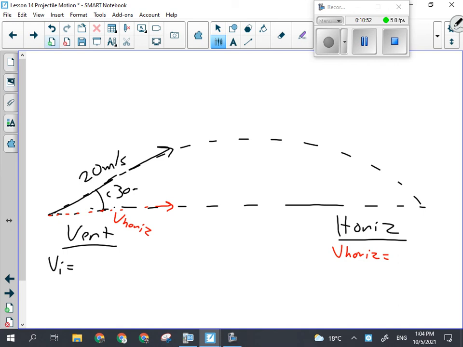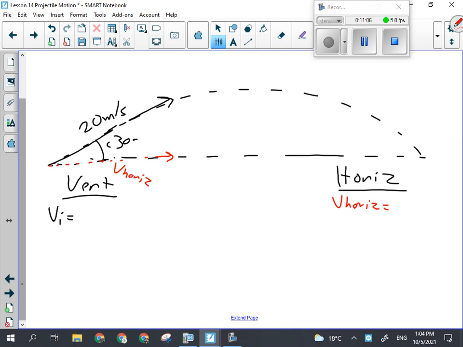This is the adjacent side, so I would calculate it using cos, because cos uses the hypotenuse and the adjacent side, right? So I would calculate V horizontal by going cos of 30 times 20. And that would tell me how fast this thing is moving horizontally throughout its flight. This side